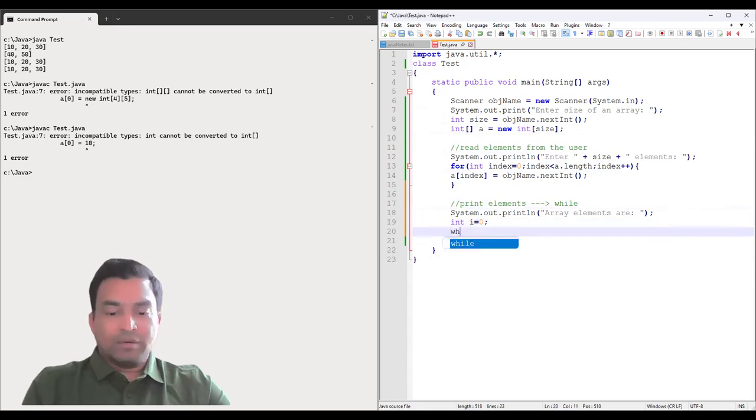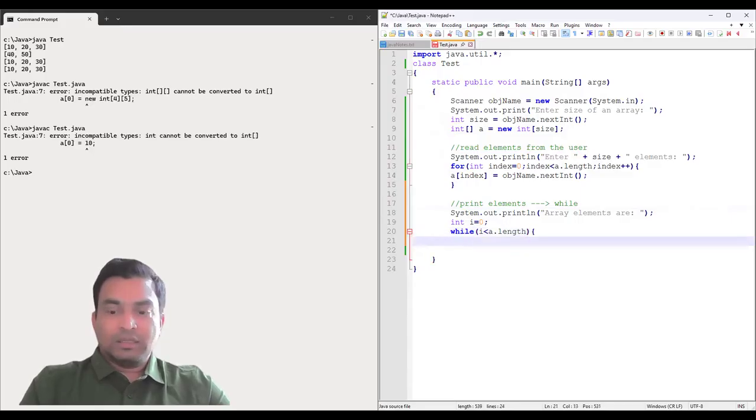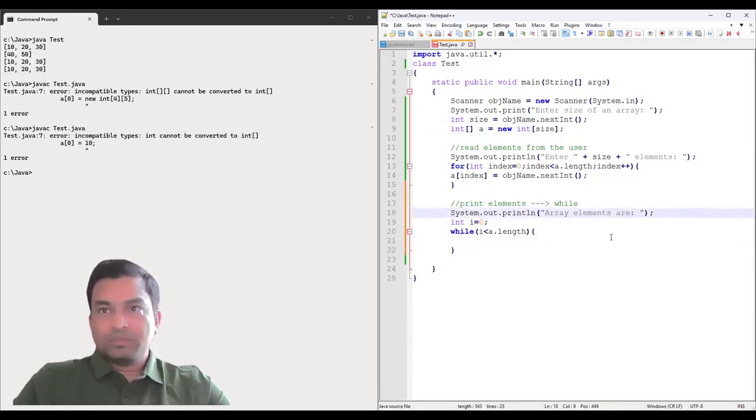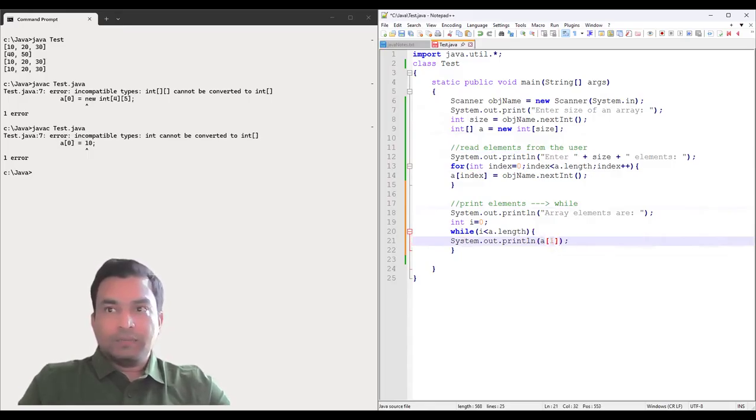This is my counter, and while i is less than a.length, open the while loop, and I'll just print a of i,